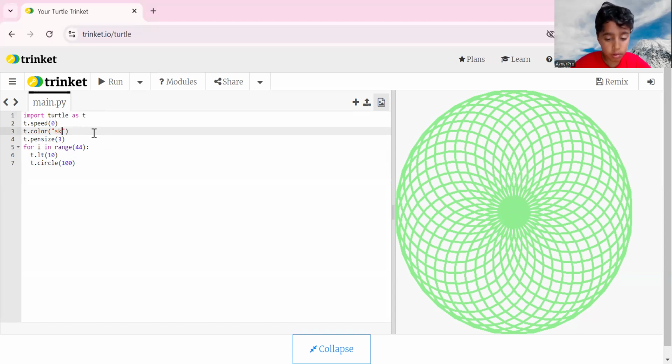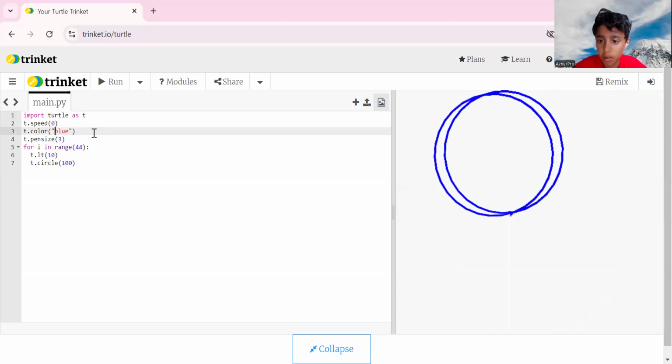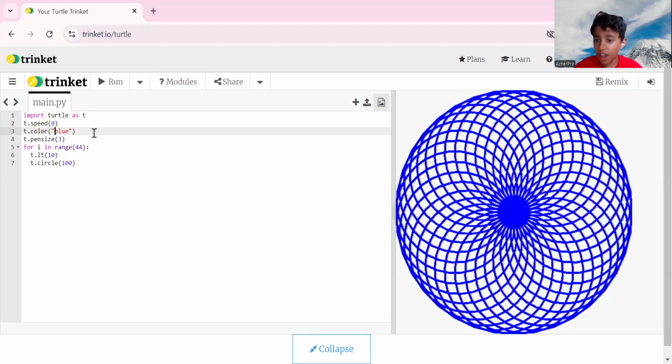Sky blue. Yeah, see? Now I can write here blue too. Now as you can see, I can write here anything. So blue, and now let's